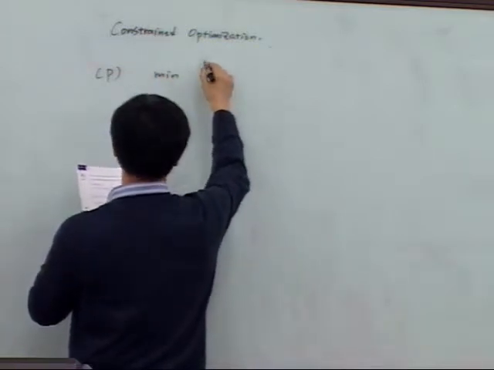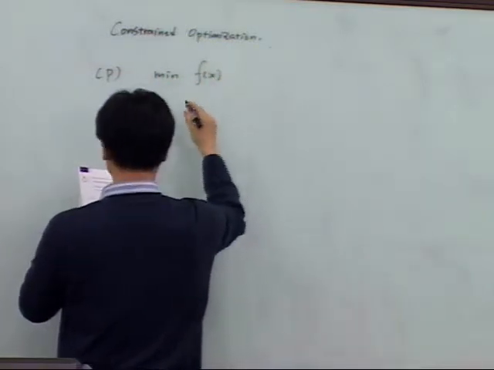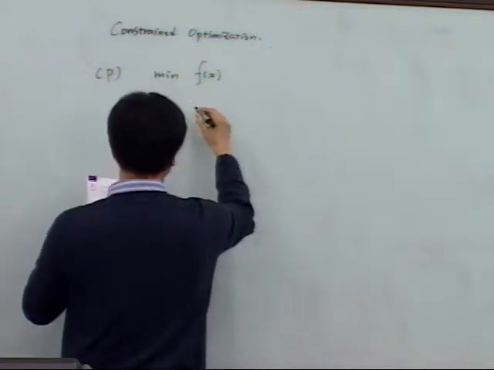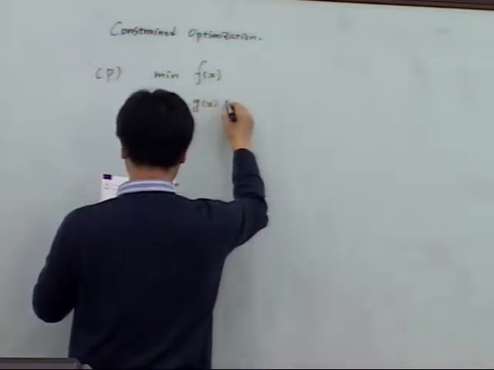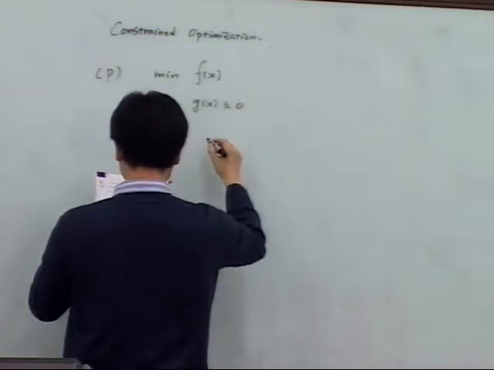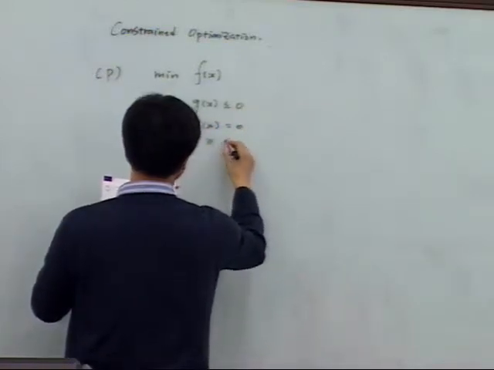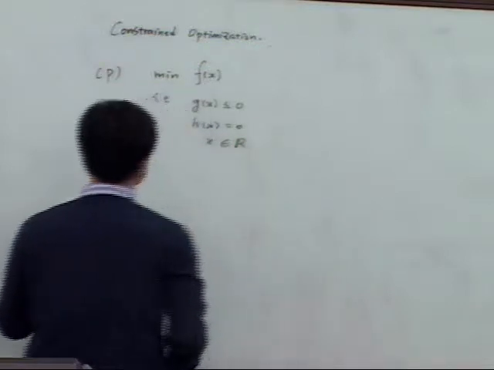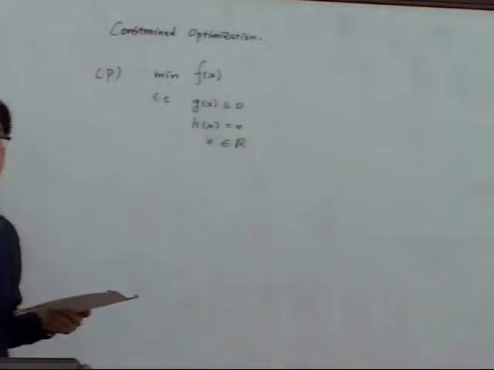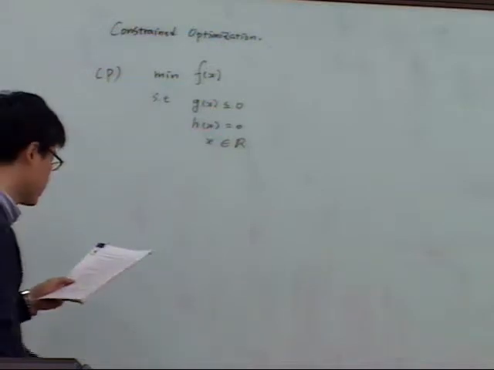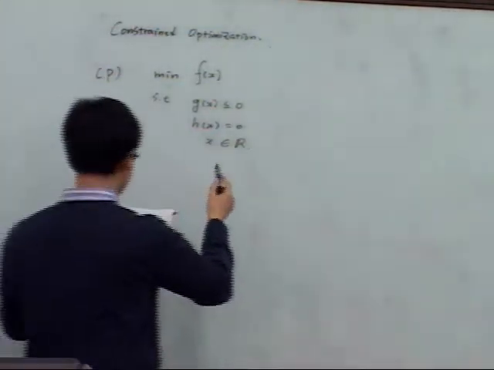Minimization of your function such that there is inequality constraint, equality constraint. That's the typical form of the constraint optimization, where x is